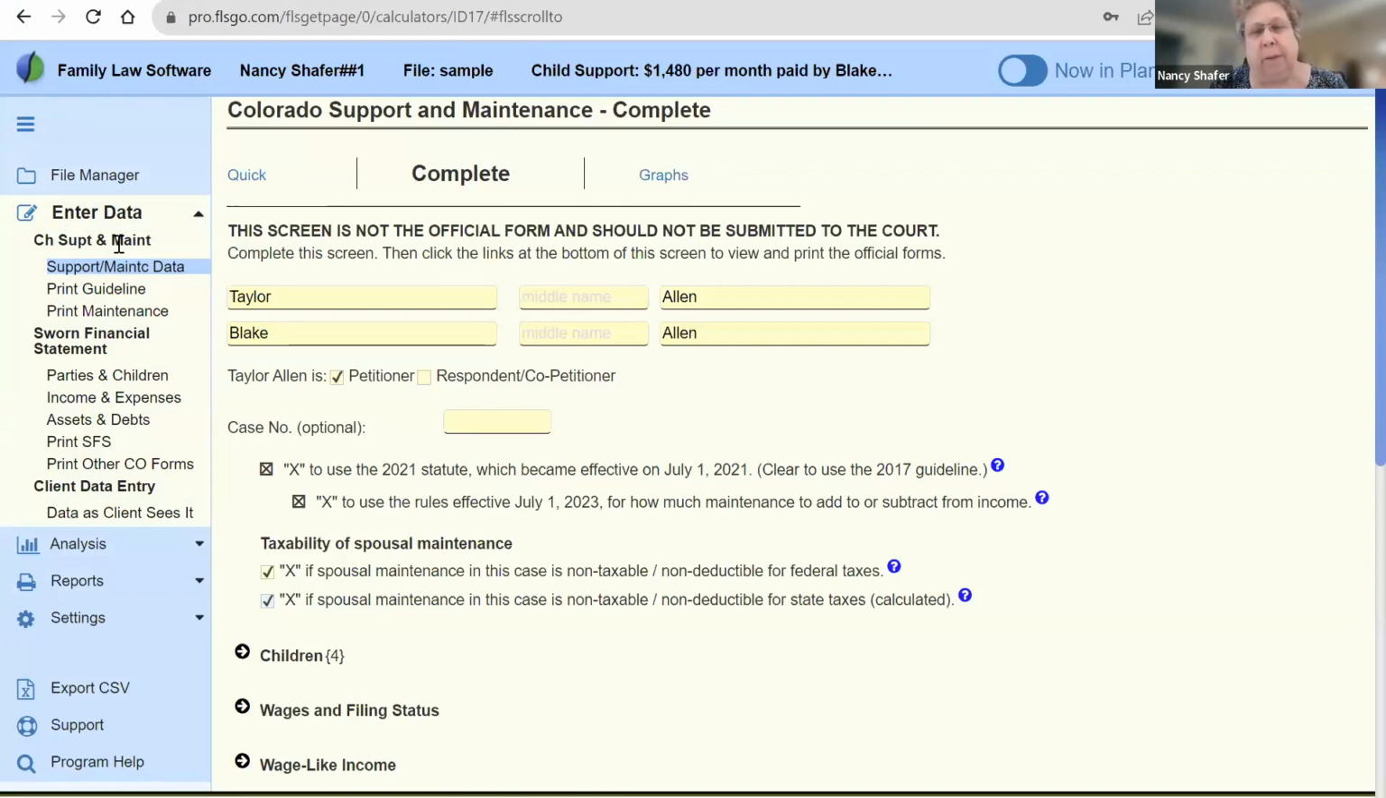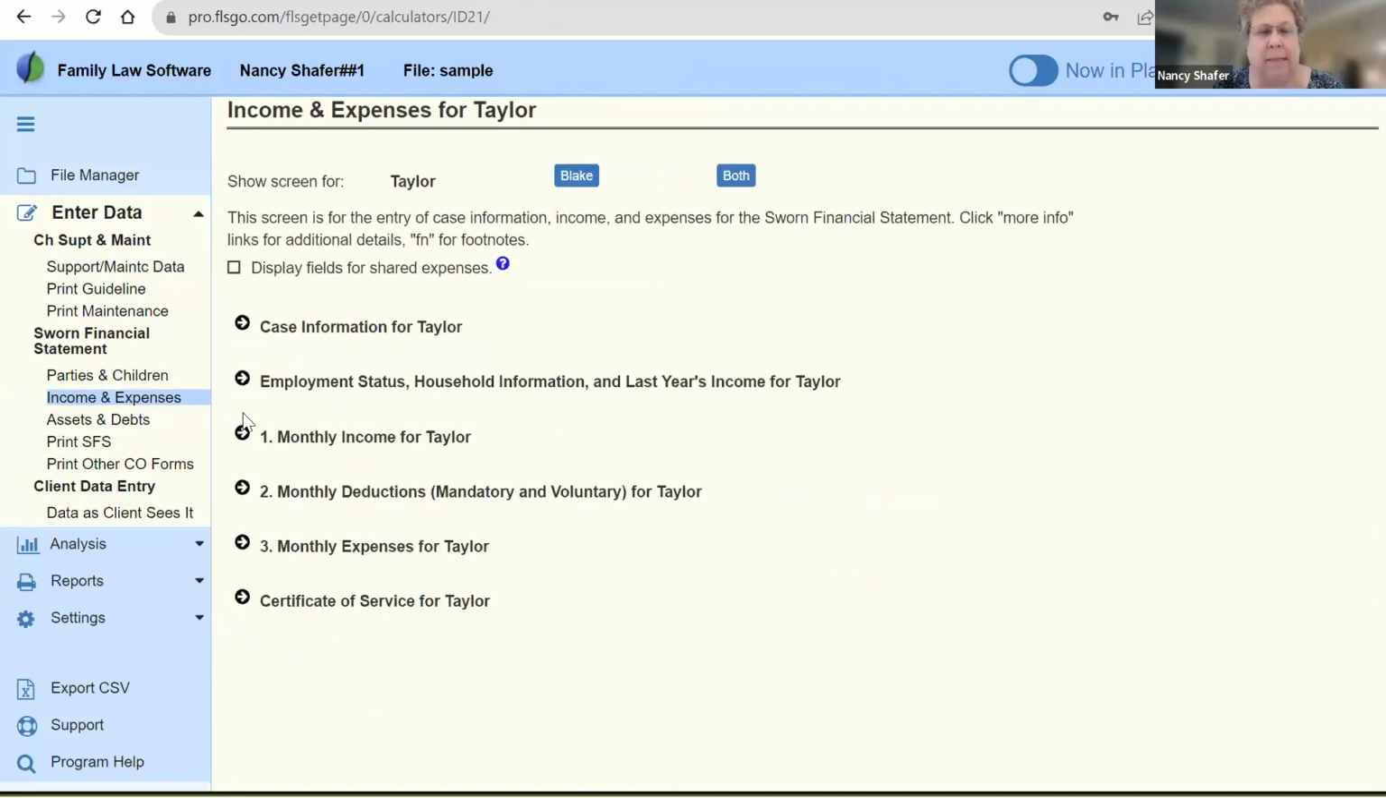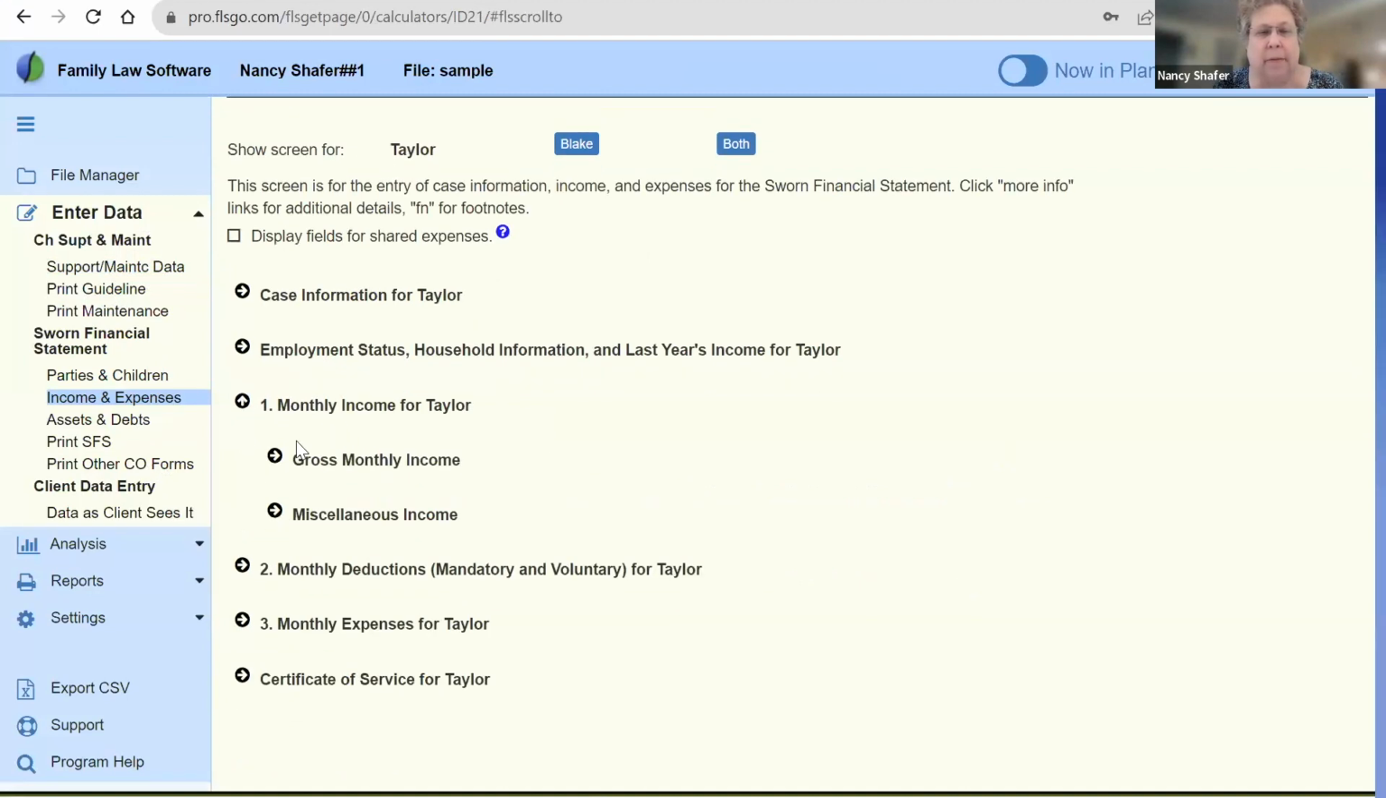You can enter information in family law software in any order. We're going to be focusing on the support maintenance data section today, but it's all interrelated. So if you enter information in income and expense, such as the monthly income information for Taylor,